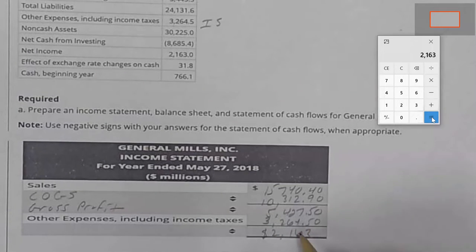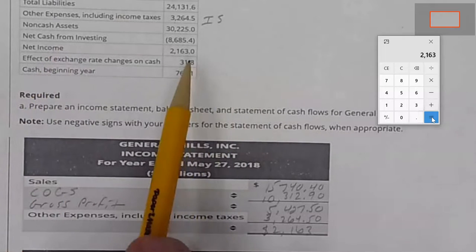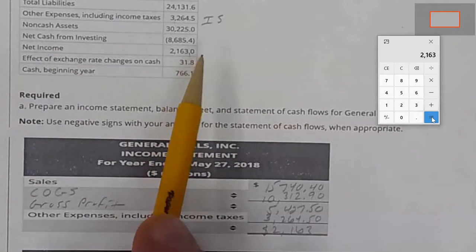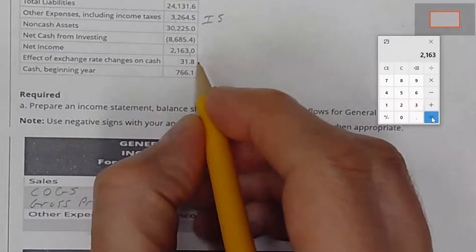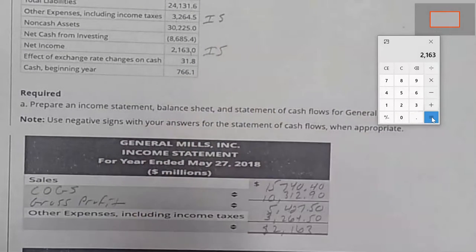163. So that is 2163. Now, we probably need to know what this is without the help of the little legend that we have up here, but if we don't, they've given us net income here, and in fact it is 2163. So this is a pretty good indicator that we've done everything correctly. So let's go ahead and write net income